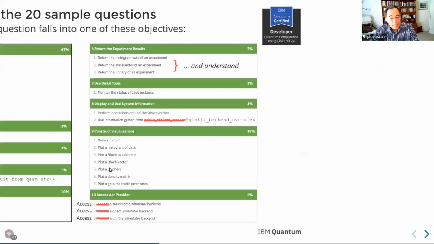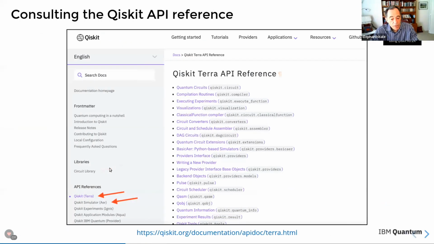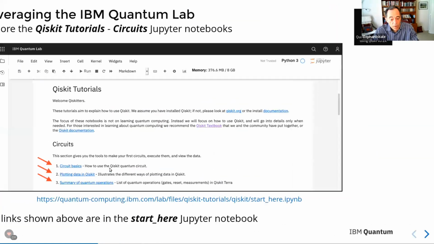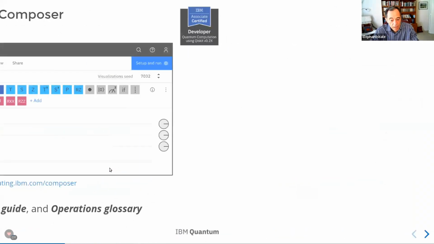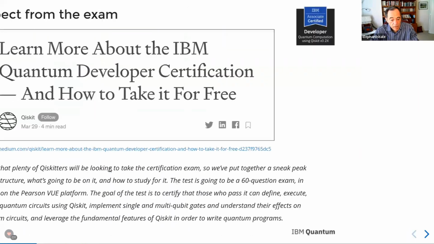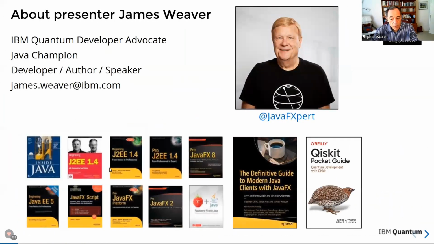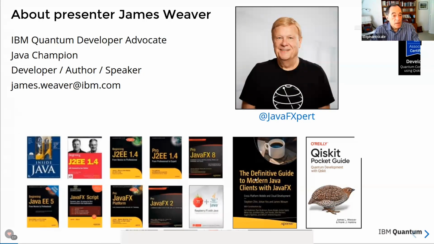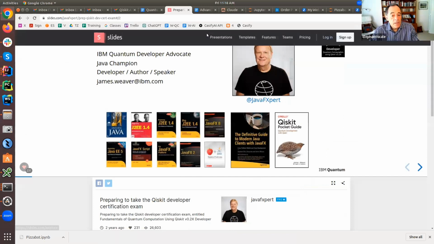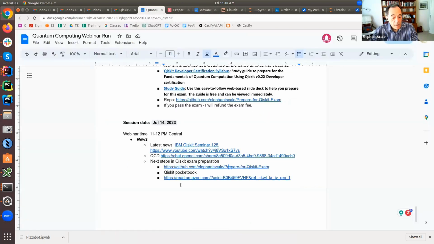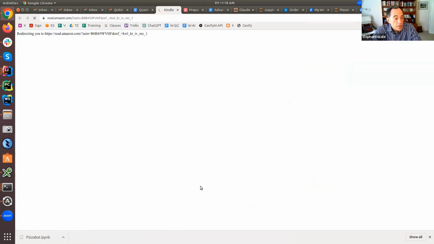So let's go back. It looks like if he wanted to promote his book with this, he succeeded. We're talking about this book, and he might notice that, yes, I bought a copy. Now, I'm making it small, and somewhere here there must be a link to the book. So I want to show you the book, what it consists of, and start doing some of the book with you.